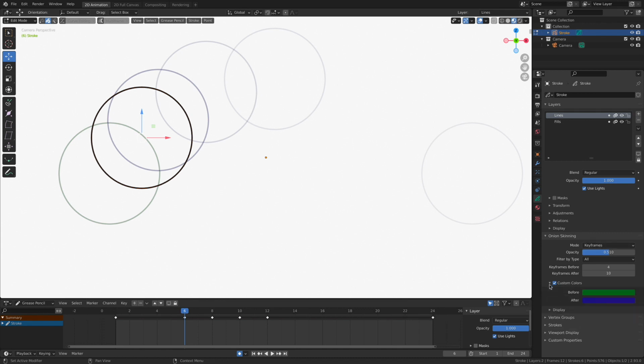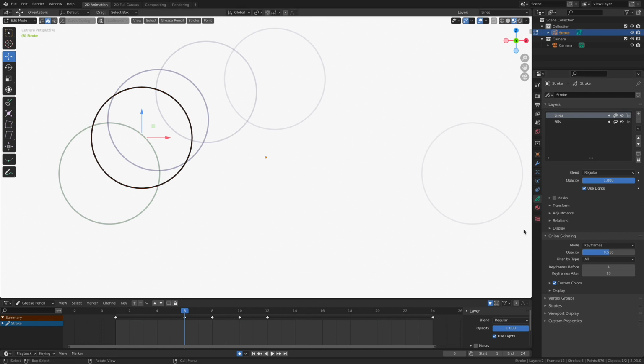You can also change the colors. However, I really wouldn't mess around with this too much. Green and blue, these are kind of industry standard colors. Green always represents the past, and blue, or purple, always represents the future. So I wouldn't change around with this too much because you see this in a lot of other areas. But if another color works for you, as long as you're consistent and you know what it means, go ahead, change it. There's nothing that says that you can't.